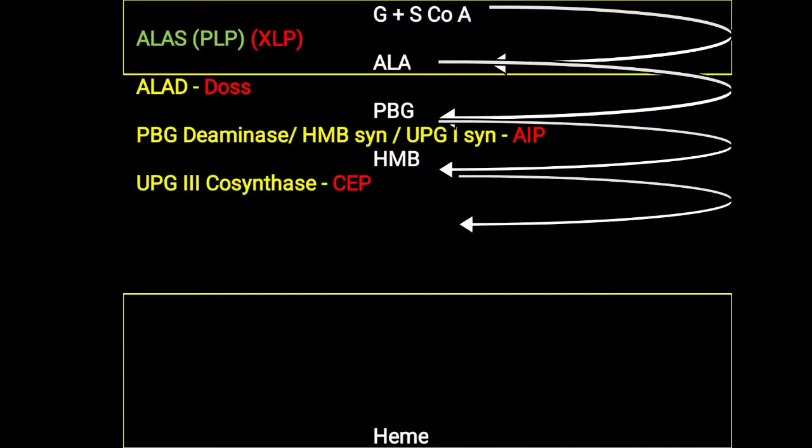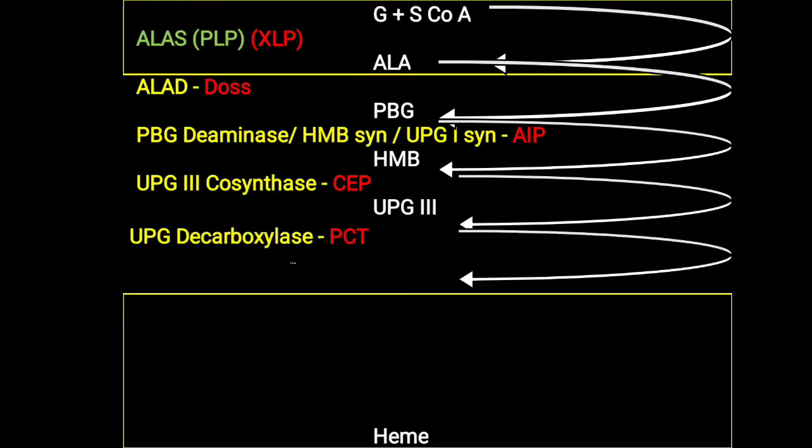Further, in congenital erythropoietic porphyria, the hydroxymethylbilane level will be increased. Now further it will be shifted to spontaneous UPG1 synthesis, so uroporphyrinogen 1, and from that uroporphyrinogen 1 to uroporphyrin, the level will also increase in this UPG3 cosynthase enzyme deficiency, and that is also giving an idea. Now UPG3 is further converted into CPG3, but in porphyria cutanea tarda, which is the most common variety of